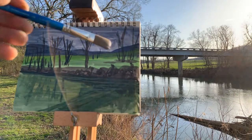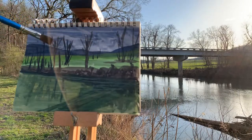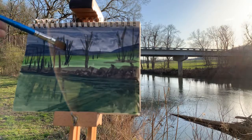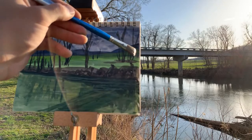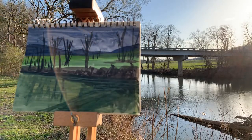Now for this bridge. It literally goes like this. And I think it's cool because of the way it makes a V with the shadow. So I've been thinking a lot about my compositions and how they can look better. Now this ain't exact,